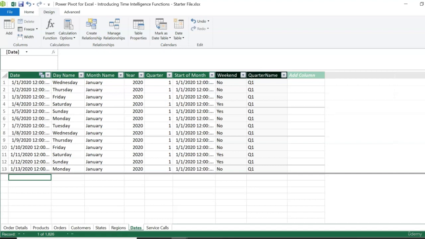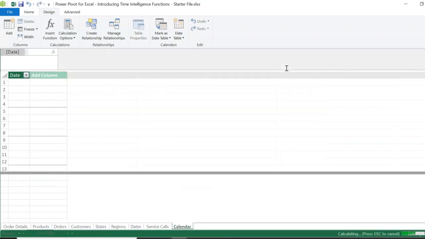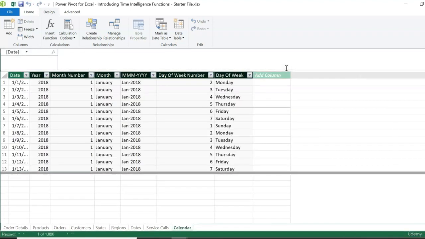And while I could go ahead and do that, another option that we're given is to create our own date table from scratch right here in the data model. So if I click that button, you'll see we have the option to create a new date table. So let's see what happens if I do that. After waiting a moment for Excel to finish its work, you'll see that we have a brand new calendar